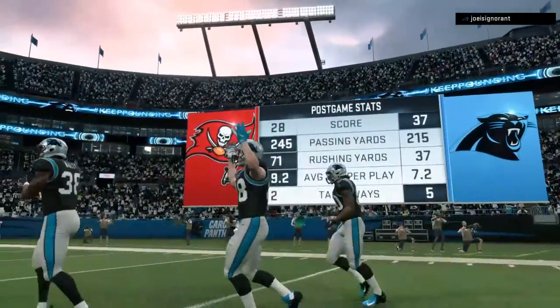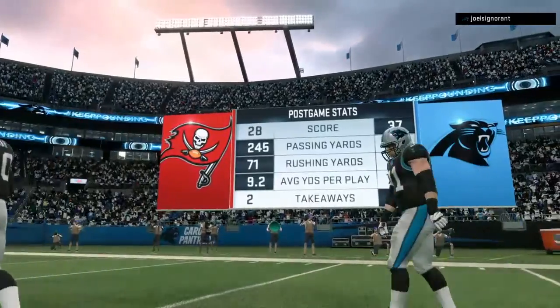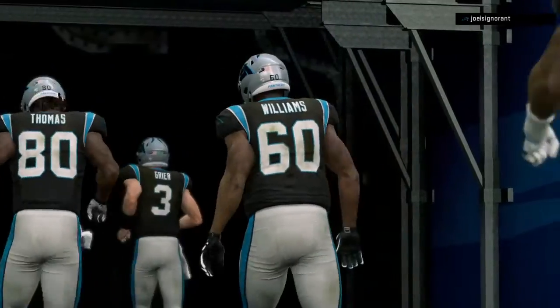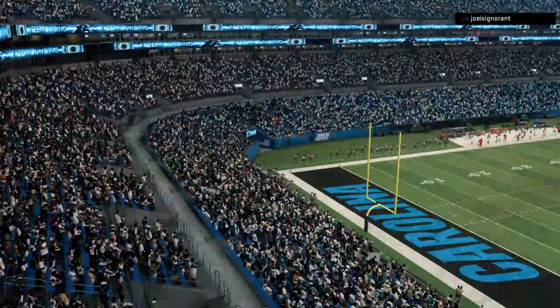So for the Panthers, the final 2 weeks are going to tell the story for them as they move to 9-5 with the win. And they will hit the road next week to take on the Detroit Lions. Meanwhile, for the Buccaneers, the loss might knock them out of playoff contention as they drop to